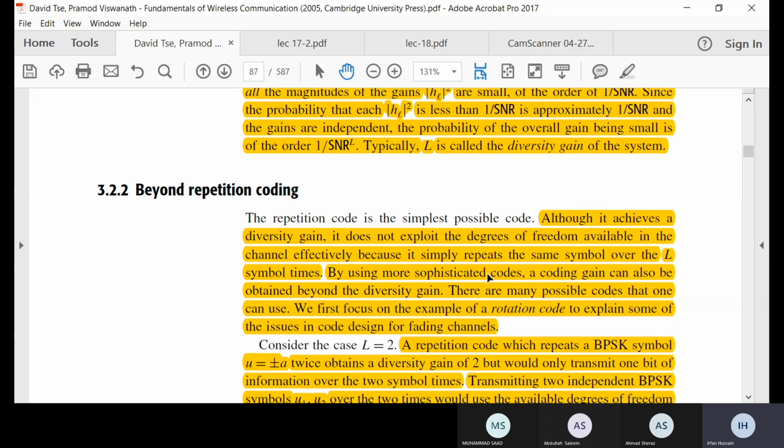So we will go to sophisticated codes where we have the diversity gain as well as